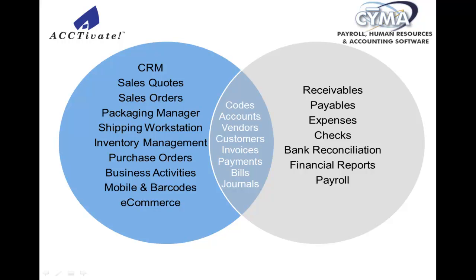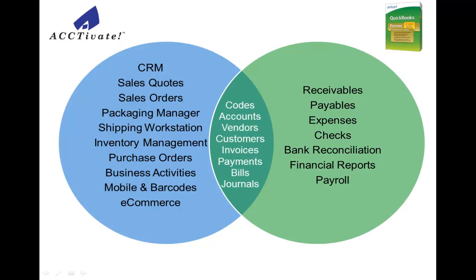As you see on the left, the responsibilities of ACCTivate included the operational pieces of the business, including CRM, customer management, sales order, shipping, inventory, purchasing, and then some additional add-ons such as business activities, mobile, and e-commerce. And then in CIMA, we relied on them to do accounts receivable, accounts payable, and the general ledger. So when we created the integration to QuickBooks in 2004, we started with the exact same business model where ACCTivate is responsible for the operations. And then as you see on the right, that's what we're going to go through today: how ACCTivate works with QuickBooks. QuickBooks is the owner, responsible for managing accounts receivable, payables,